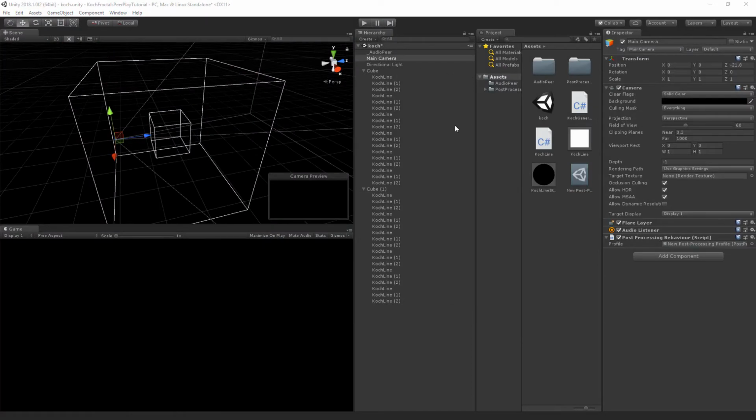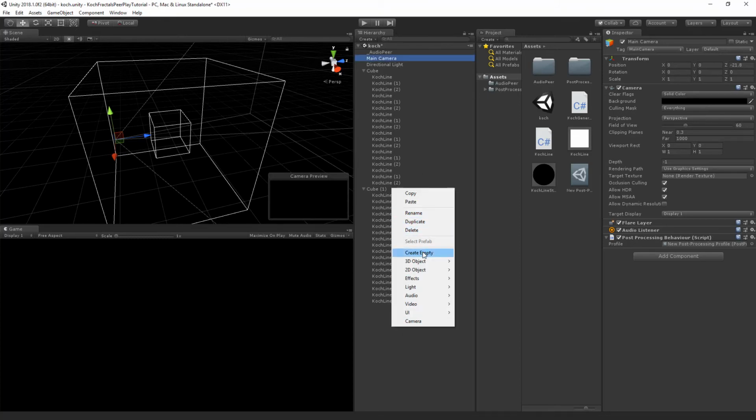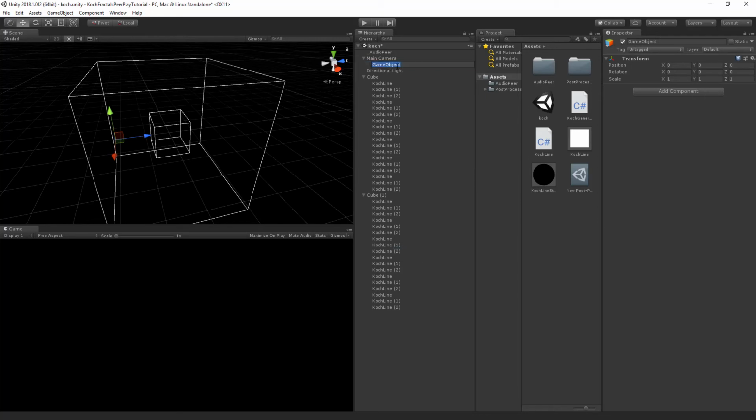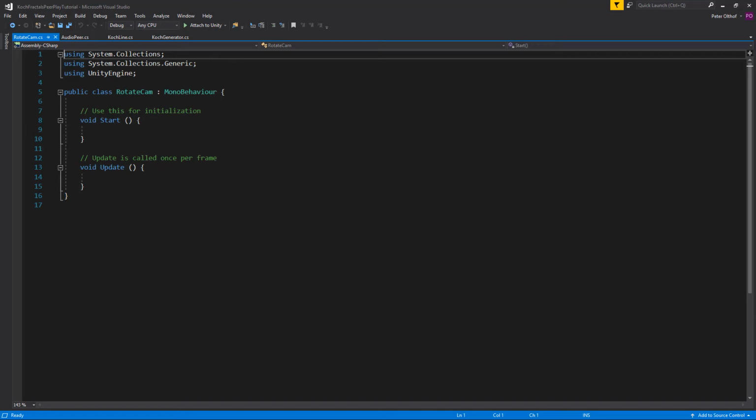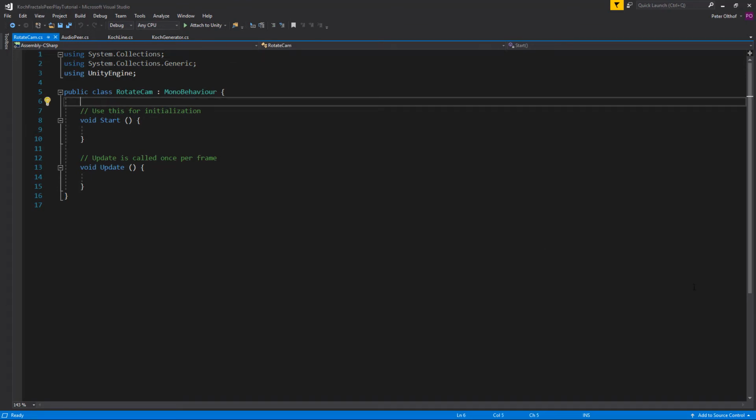Now we just need some kind of a rotation script, so the camera will move around the center cube on audio. So let's create a new empty game object, and we're going to call this rotate cam. And I'm actually going to make the camera a child of the rotate cam. And let's call this rotate cam, another script. Let's open up that script. And this script requires the audio pair, so we're going to create a public audio pair, and we'll call this audio